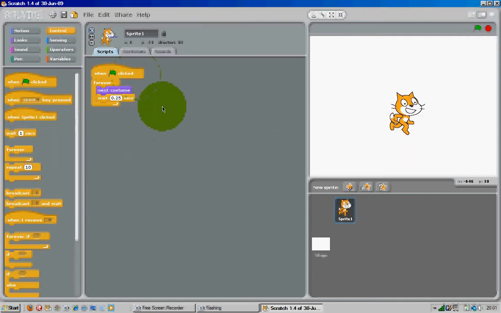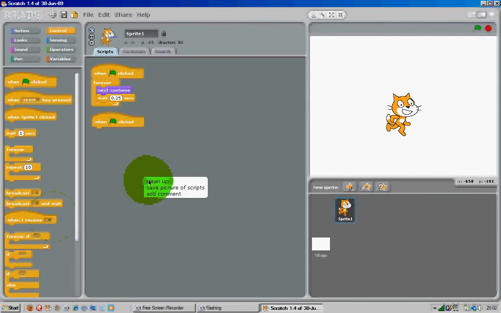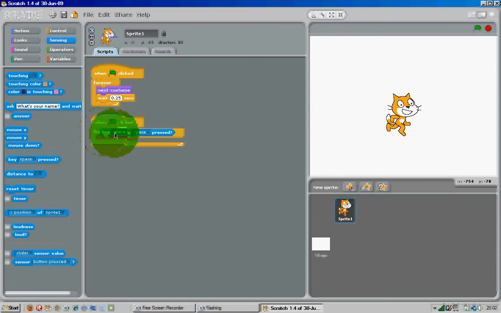Just stop that. So he's moving now, but he's moving his legs, so we now want him to move like that. So what we're going to do now is when space key, well, when right arrow key pressed, well, in fact, let's do this differently. When green flag clicked, forever if key right arrow pressed,